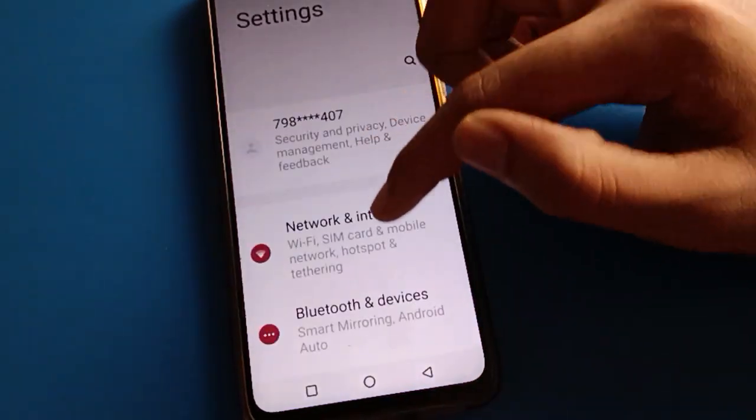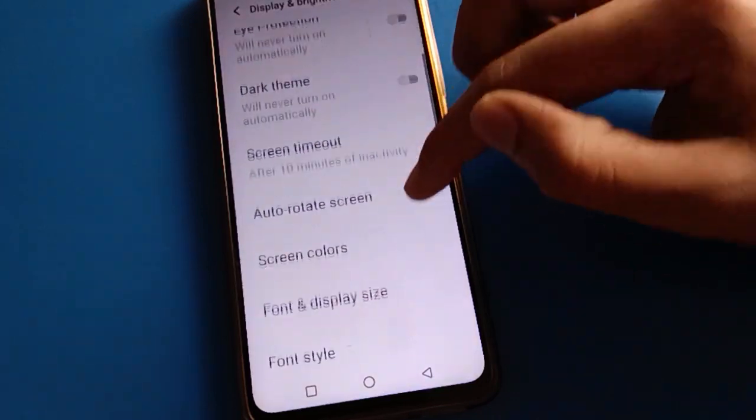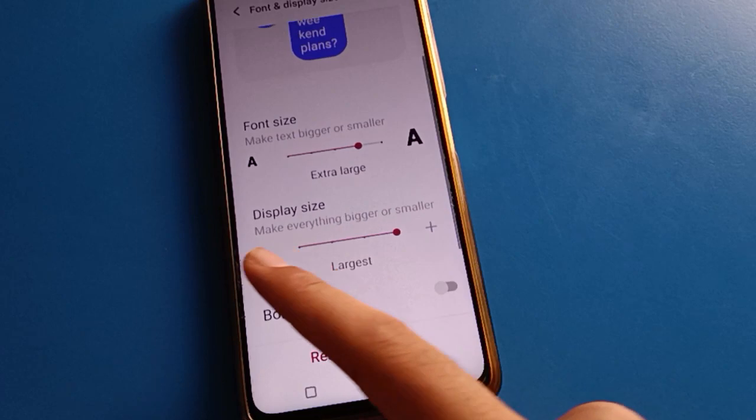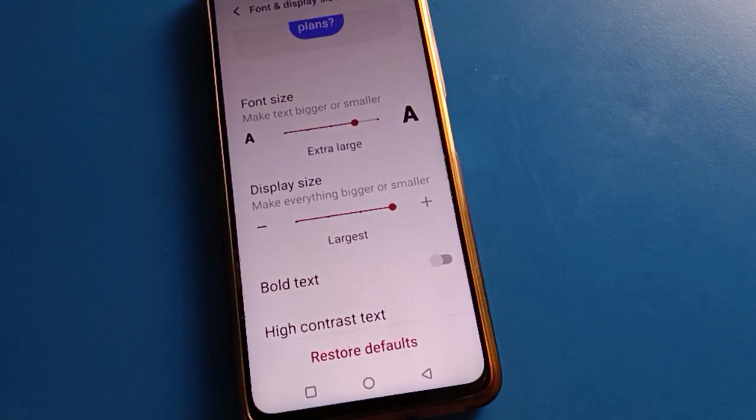Like that, you can set and change the font style from your display and brightness setting. And friends, if you click here, you can change the font size and display size, you can increase and